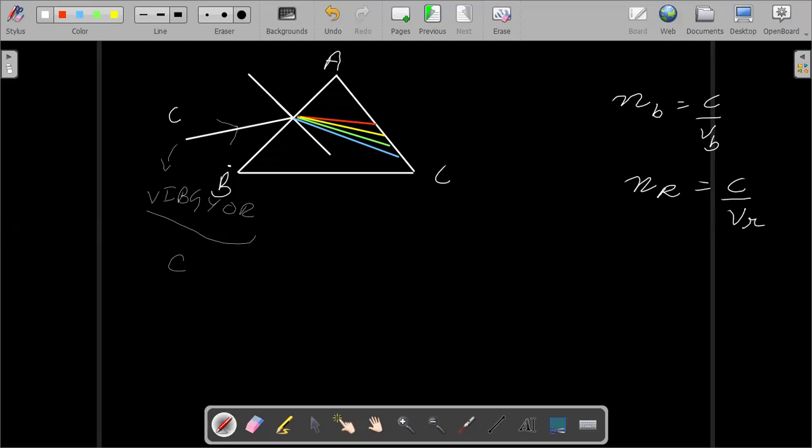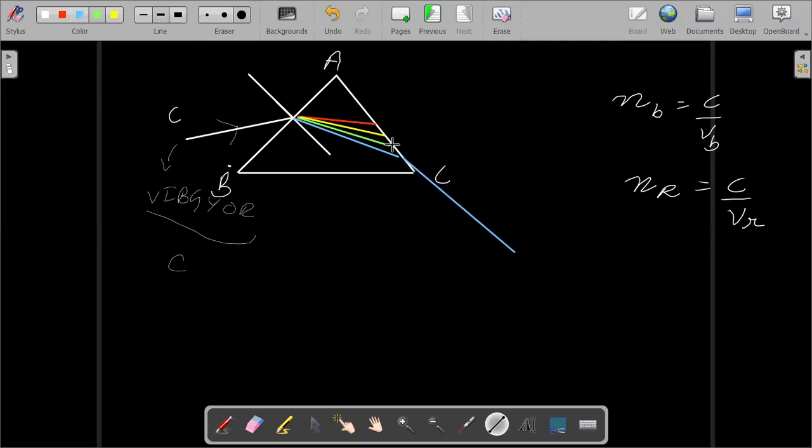Got it? Since the different colors will have different refractive indices, as per Snell's law the different colors will be bending by different angles. Has everyone understood this? So if different colors bend by different angles, I will be observing the different colors coming out of this glass prism. That is called the dispersion of light. So here we finally obtain dispersion of light. The different colors bend by different